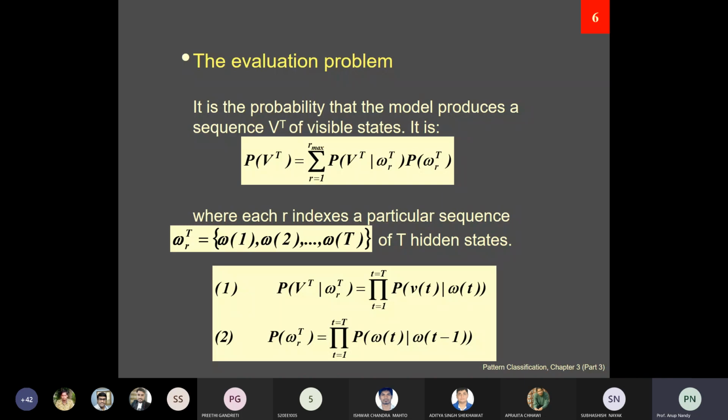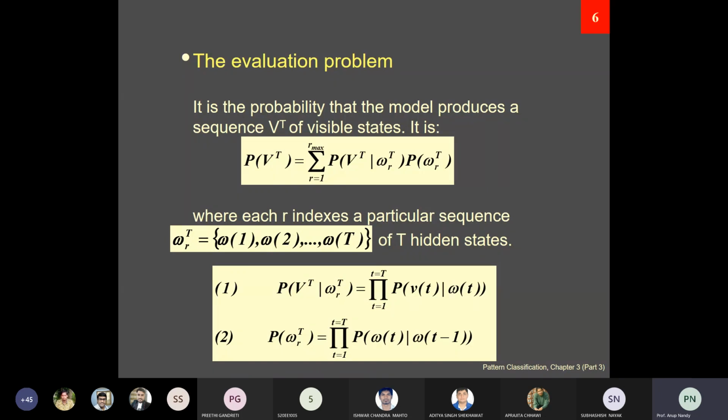So this is the evaluation problem. But this is a very crude approach and its computational complexity is very high. If you compute it this way, the system will take a lot of time to execute, so we will not use it practically. We'll use it in a different way. We'll apply a recursive algorithm.